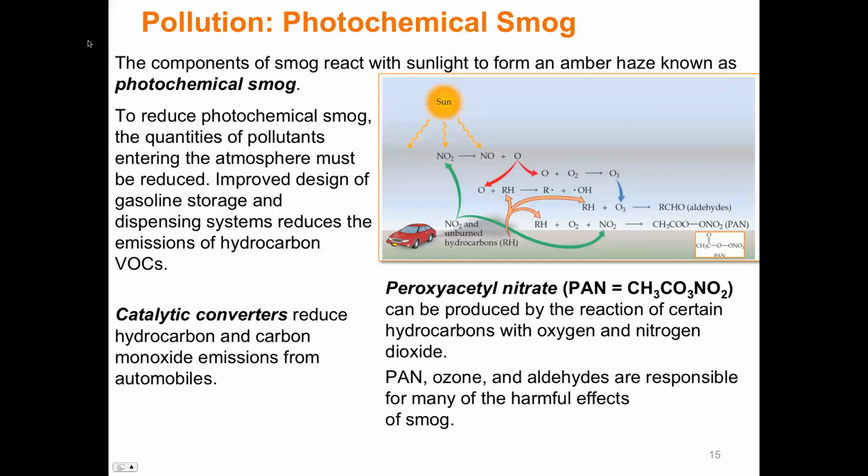So photochemical smog: sunlight is now going to react with all of that smog that we have. One way to mitigate this was to add catalytic converters to cars, which makes them burn more efficiently, and that will help reduce the emission of volatile organics. But we also have these other things: ozone, aldehydes, many other things being produced here, and we haven't done a lot to mitigate these things, okay?